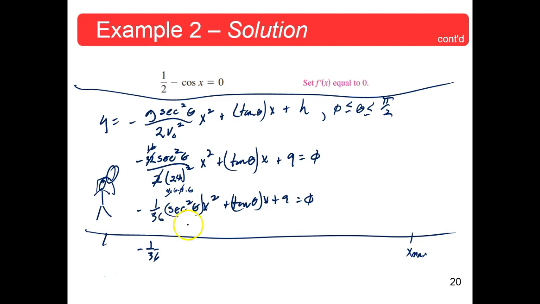The derivative of this would be 2 secant theta times the derivative of secant theta, which is secant theta tangent theta. So that would be secant squared tangent theta times x squared,